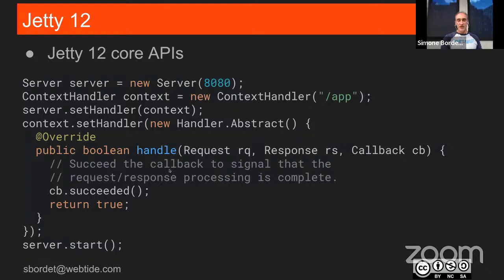So the API works in a way where you receive a request and response, you have to do whatever you need to do, and then the contract is that you have to return a boolean. The boolean says, yes, the request was for me, I am handling this request. But maybe in a moment, not now, right? The contract would be that if you return true immediately, then you will complete this callback that you've given, right?